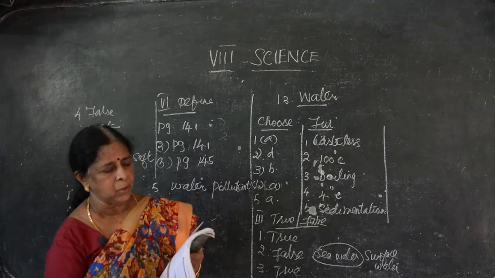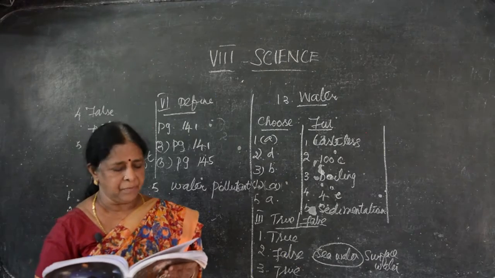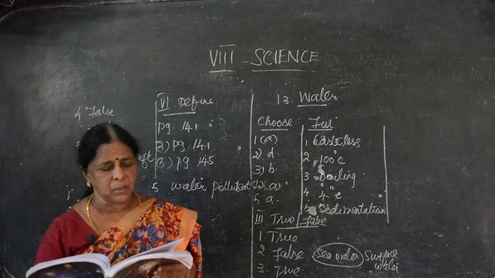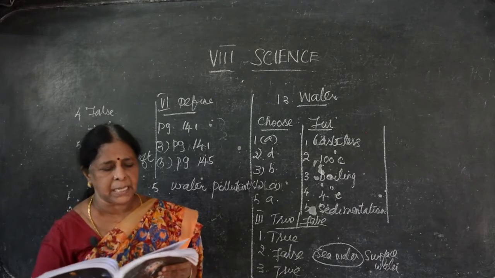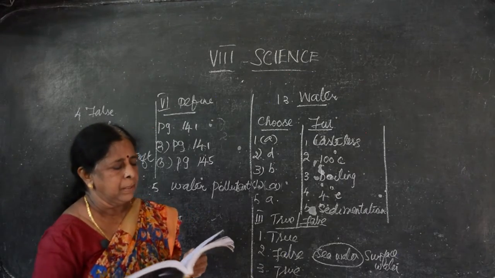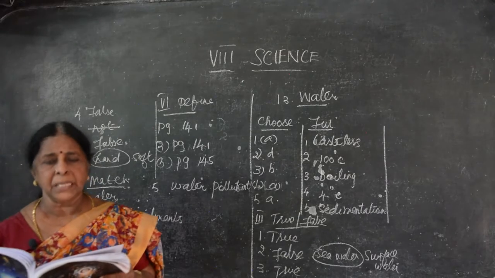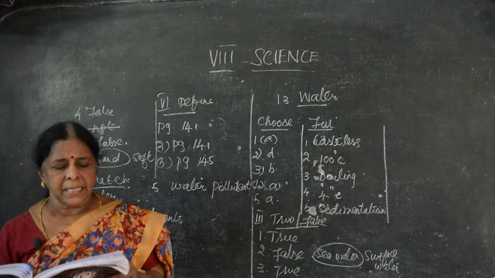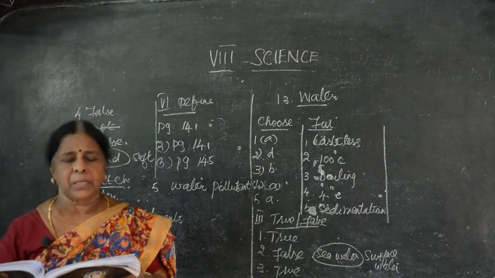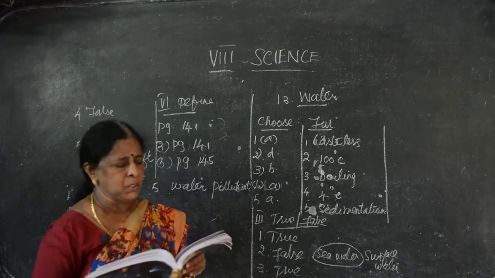Answer in brief I gave already 1, 2, 3 and 5. And all are short answers only. I gave the answer. In your first one, name the gases evolved at cathode and anode. In cathode, hydrogen, anode, oxygen. State the ratio by volume 2:1. I gave already the answer. I think online it's come or not, you have to tell me now.